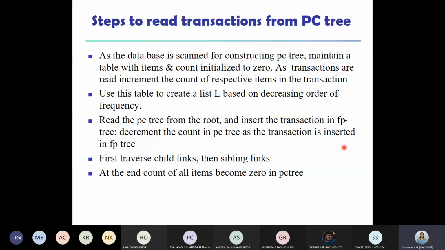Now when you traverse the PC tree from the root, we always traverse the child link first. Once all the child pointers become 0, then we move on to the sibling link. Fine. This is the step. And as I told you, at the end, count of all the items would be 0.